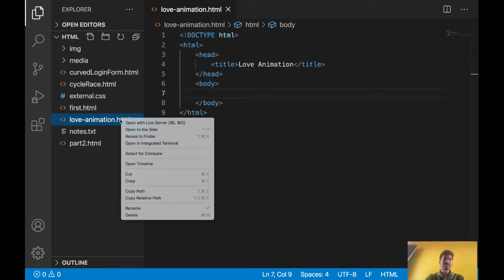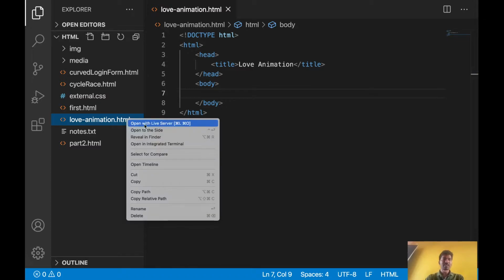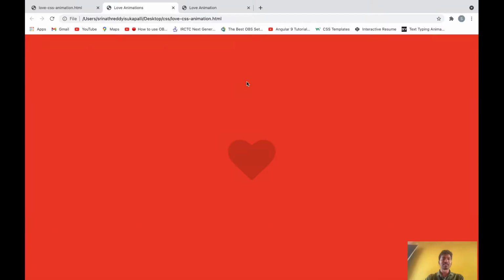First let's save it and run it in the browser. You can save it, right click here, and open with Live Server. That will open in the browser. See, it is open, right? So now I want an icon like this. Okay,